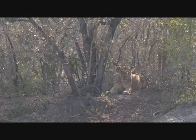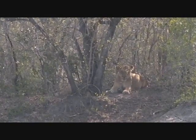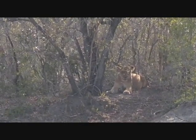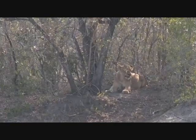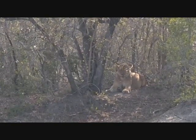So Ellie, a coalition of males doesn't have to be related to each other. Like, for example, the young Nkuhuma male moved off on his own, and he found himself a buddy, another nomadic young male lion, and it's just safer to be in a group, if a male wants to establish their own territory...